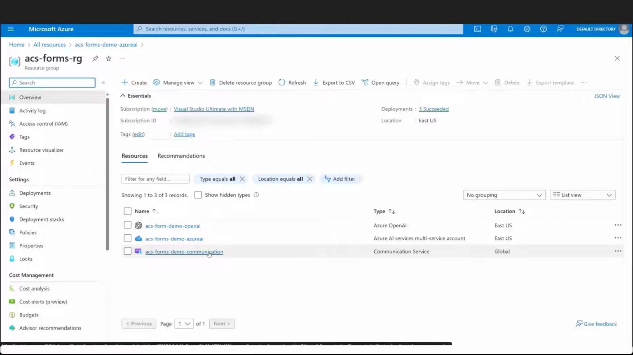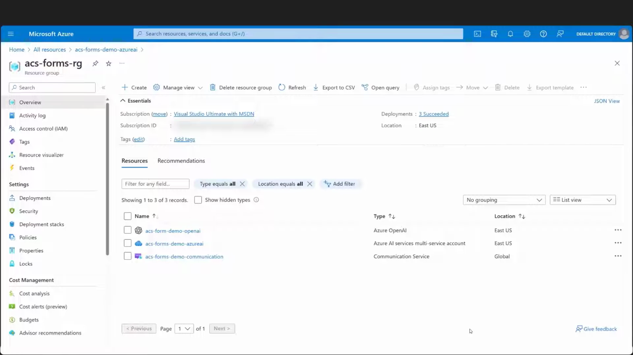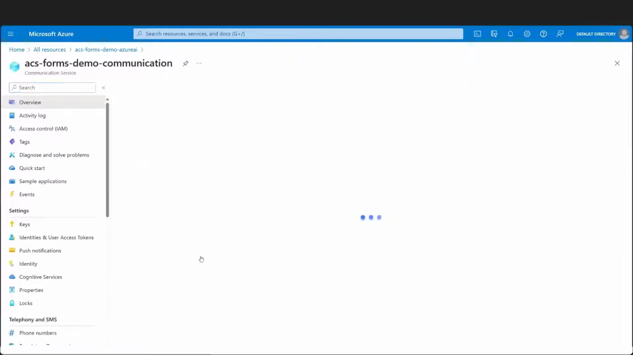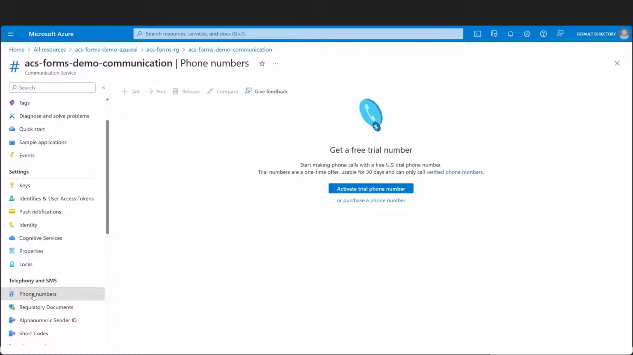So the first thing we'll need to do is we'll need to get a phone number and attach it to our Azure Communication Services. To do this, I'll click on the Azure Communication Service and I'll click on phone numbers. Now, if I wanted to, I could use one of our free trial numbers, which would allow me for 30 days to use a trial number that I could connect to a verified phone number, like my personal phone number. But in this case, I'm actually going to go through and purchase a regular phone number, and I'll show you